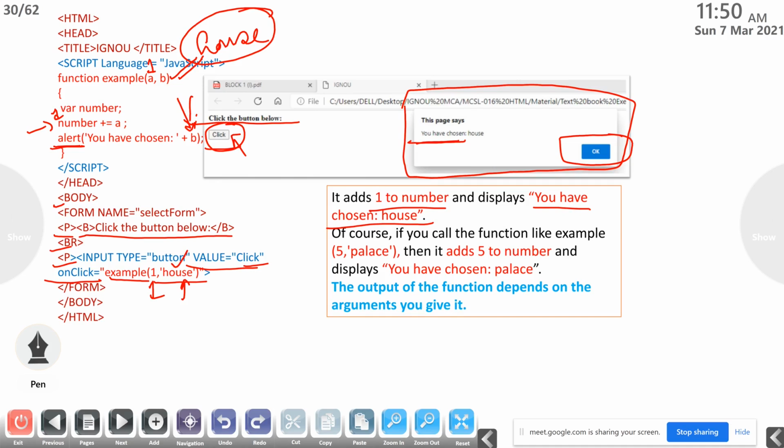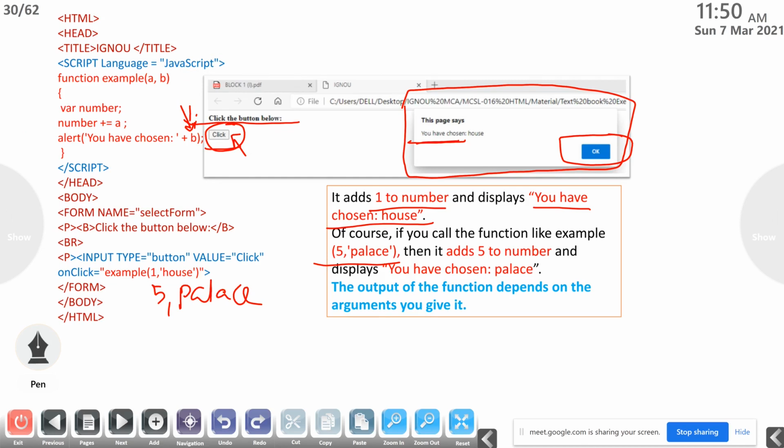Of course, if you call the function like 5, palace, for example, when we are calling instead of 1, house, 5, palace, then what will happen? The value 5 will be stored to the variable a, and the value palace will be stored to the variable b.